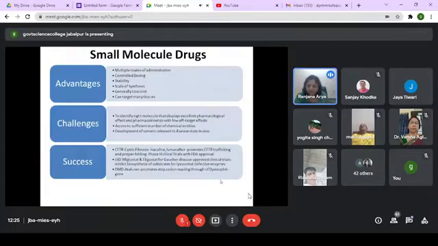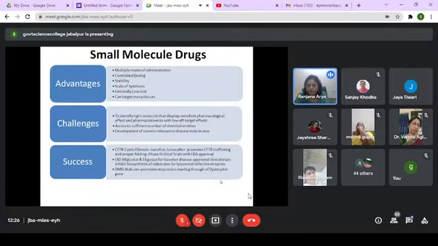And with small molecule drugs, with the correct kind of formulations, you can actually control the dosing of these drugs, and most of the time they are stable. If they are chemical entities, you can work upon the stability of these molecules, and also you can scale up the synthesis of chemical compounds or the pharmacological compounds. Most of these small molecule drugs are generally low cost because they are easy to manufacture, they are easy to manipulate.